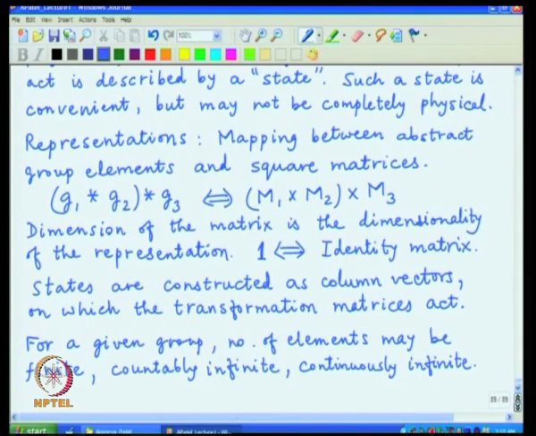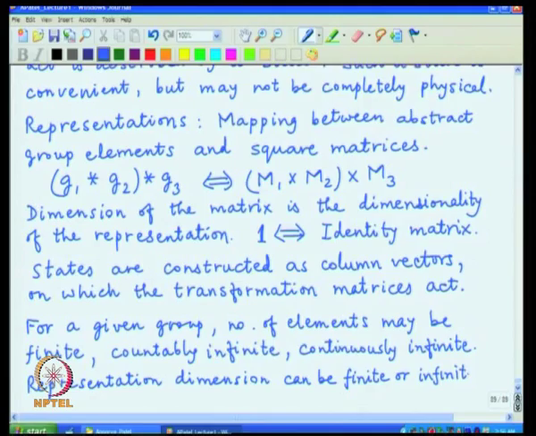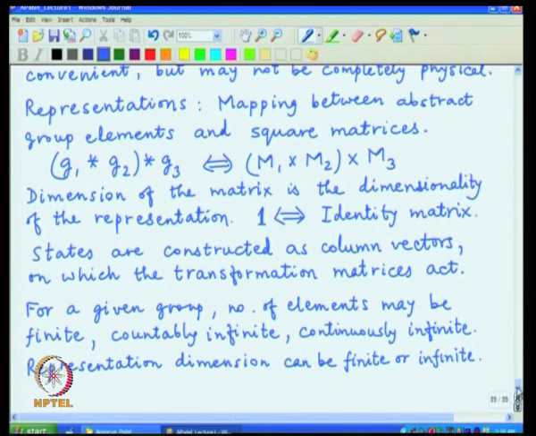And similarly, the representation dimensions can be finite or infinite. In particular, there is always a so called trivial representation